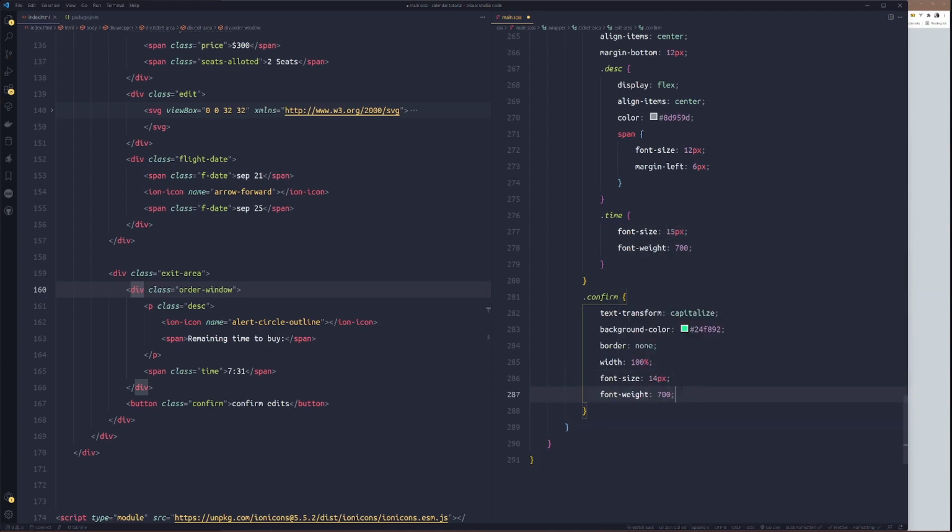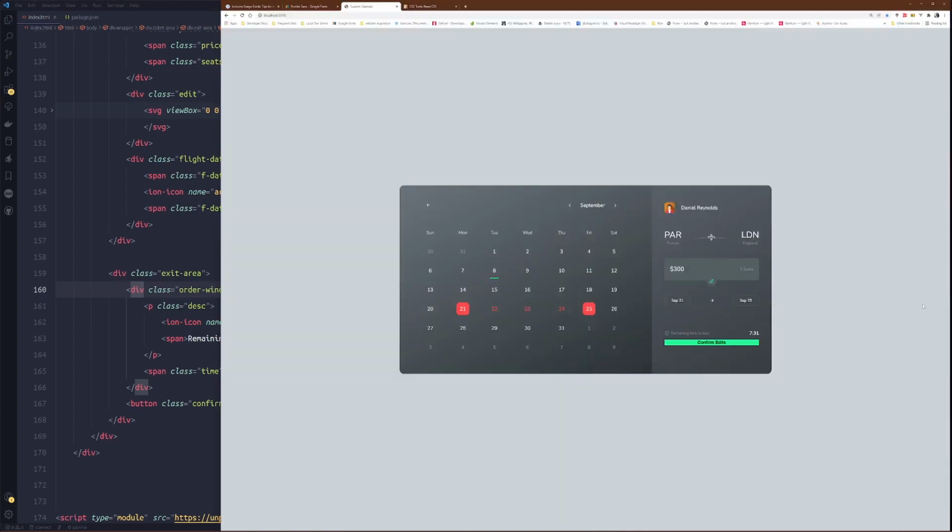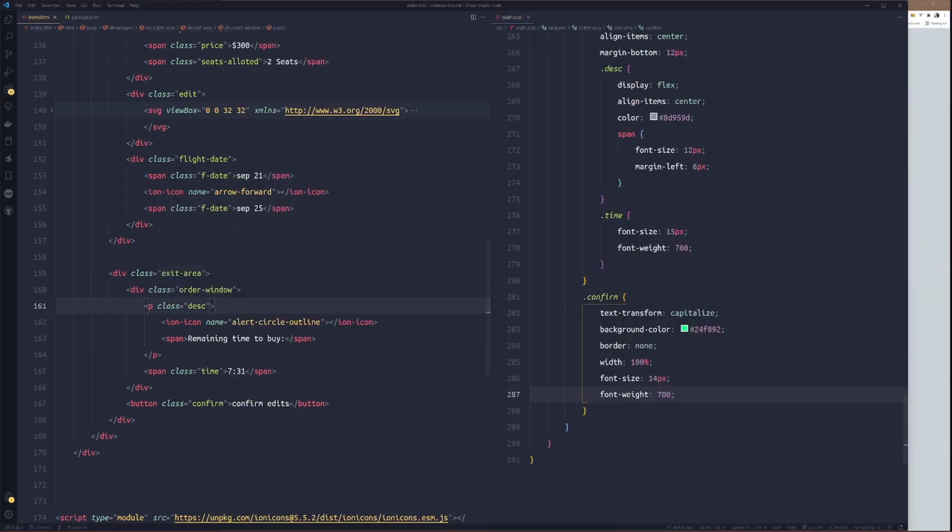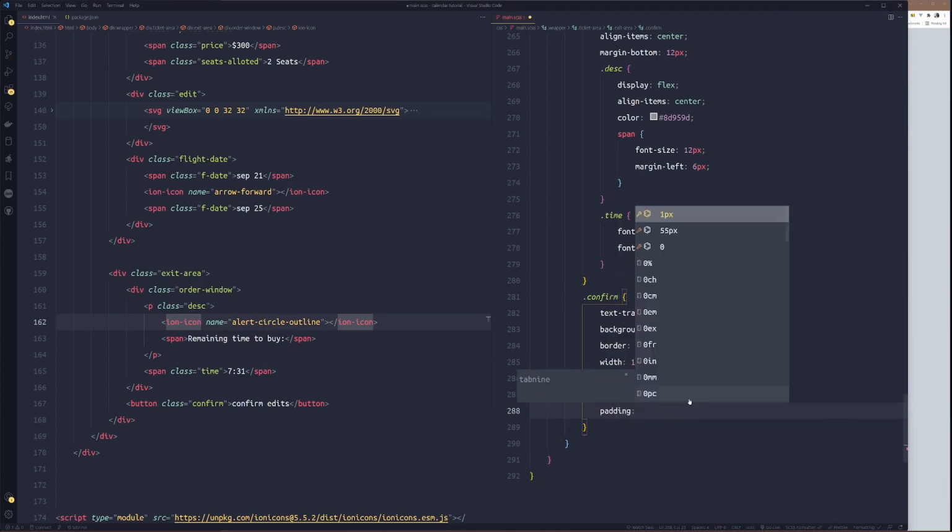We'll see. Okay. This font was set too high. Might give them like 600. Alright. Padding. Overview is height, but I won't just use padding.